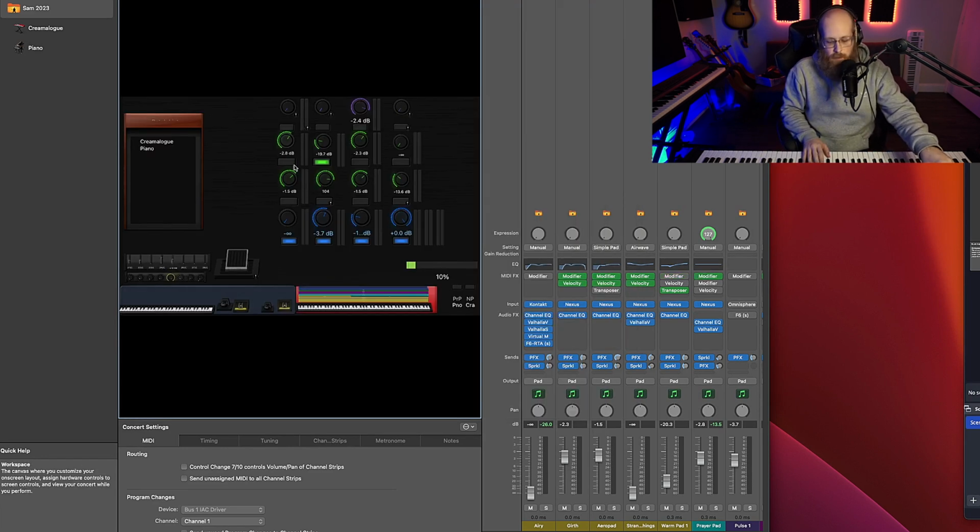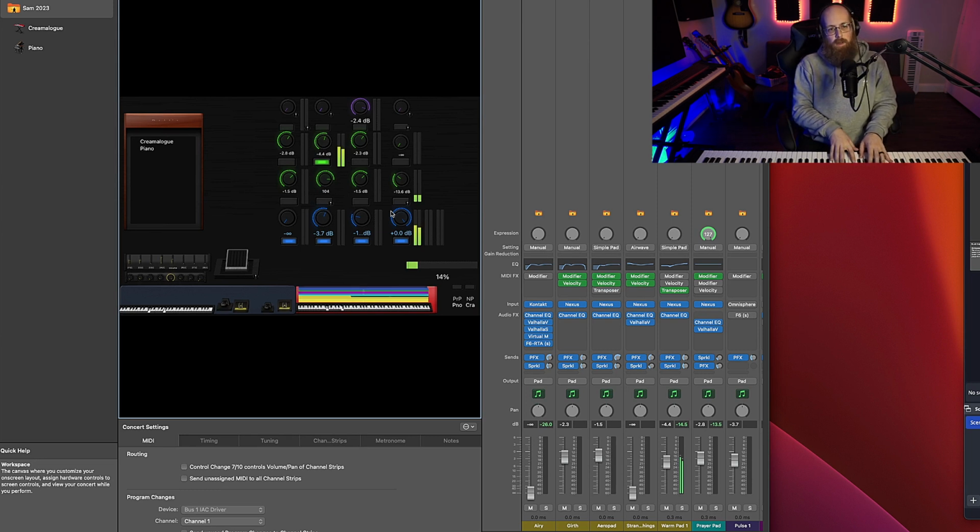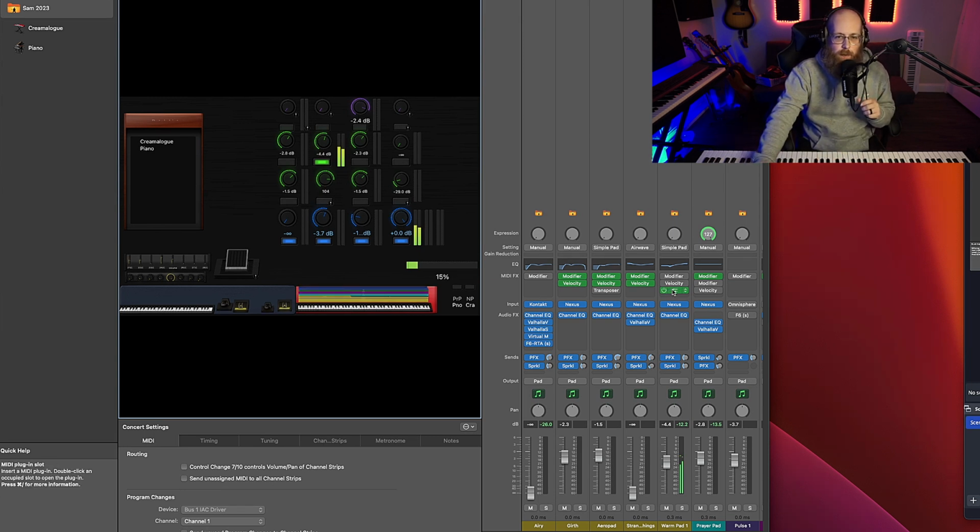Let's go over to my, call it warm pad. It's just a little bit brighter. Right? It's just got a little bit more. It's still kind of a slow attack. Which has got a little more energy. There is a transposer on this, taking it up 1 octave, which,